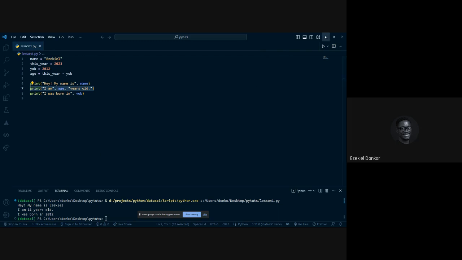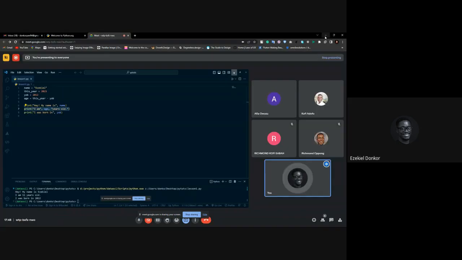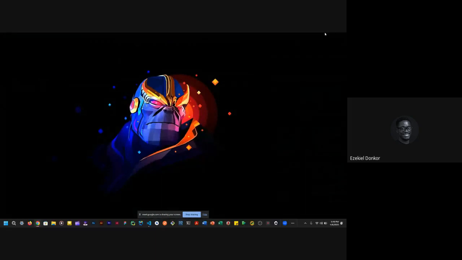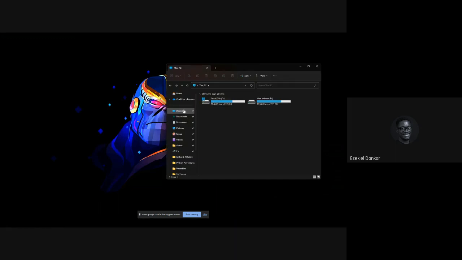So if I minimize your code editor for a second, I want you to minimize it for a second, right? And I'm going to minimize my browser for a second. So if I minimize my code editor and I come to File Explorer and I come to Desktop